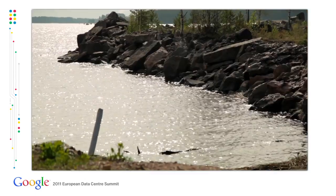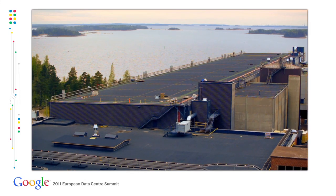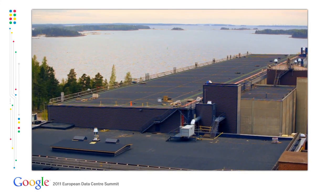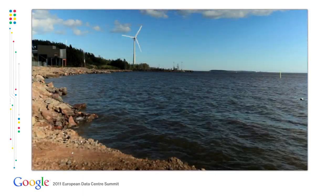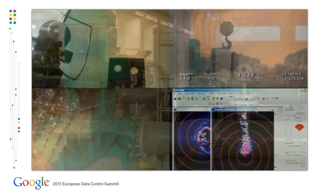We acquired the site in 2009, and our team was really anxious to utilize the opportunities of it being right on the Gulf to come up with an innovative and very efficient cooling system for this new data center. We take raw seawater directly from the Gulf of Finland. We run it through a seawater tunnel that was actually existing. It was already built for the paper mill back in the 50s. And we pump